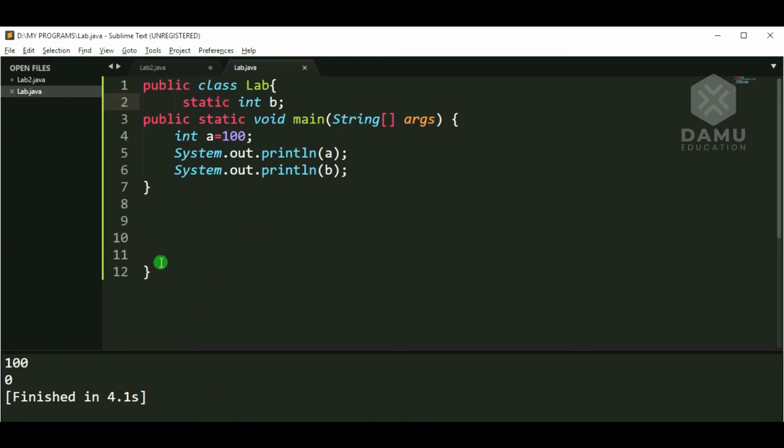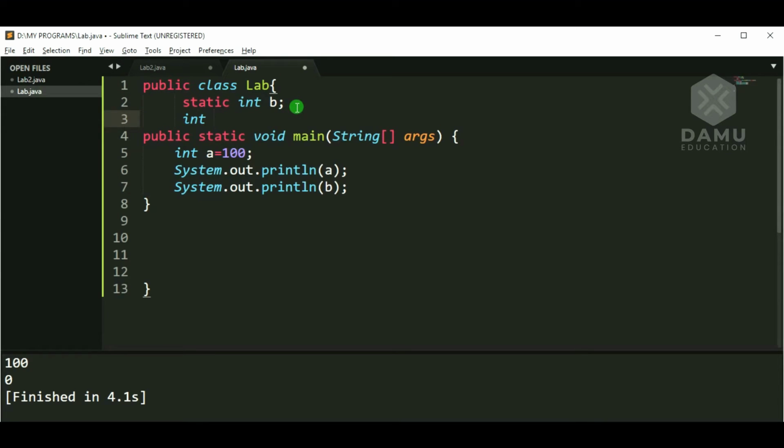So now it is printing int a is 100 and the static variable 0. So the default value of int will be 0. If it is static, we can directly access it from the main method without any problem. Then again, how to access int c, a non-static variable? It's possible to access, but how to access non-static variables from the class in the main method is simply we need to